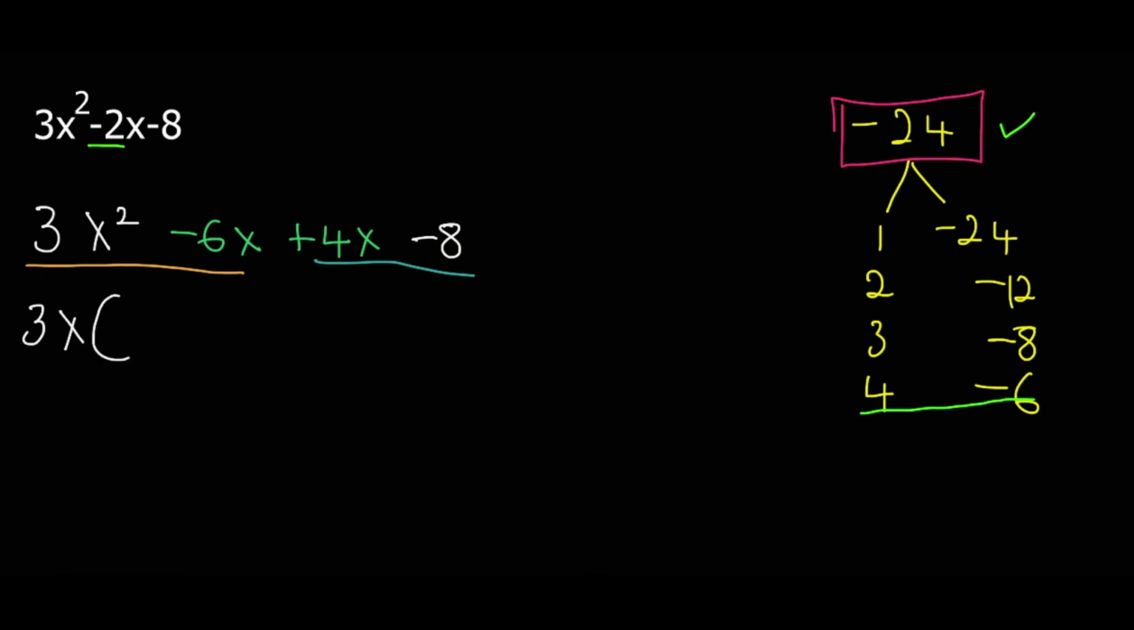then from here, 3x squared divided by 3x is x, and then minus 6x divided by 3x gives us negative 2, and then now we are finished with our first two terms. Now we look at our last two terms, 4x minus 8. You can see the common factor is 4, and then from here 4x divided by 4 is x, and then negative 8 divided by 4 gives us negative 2, and